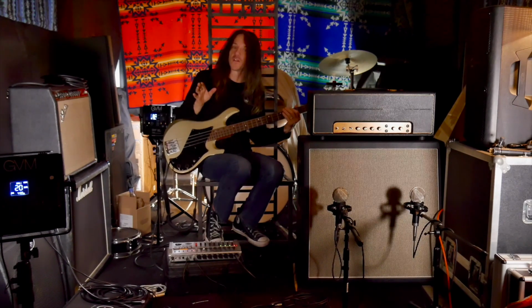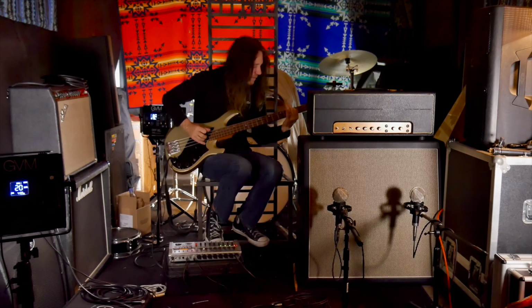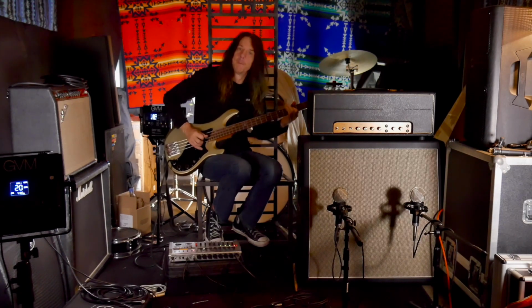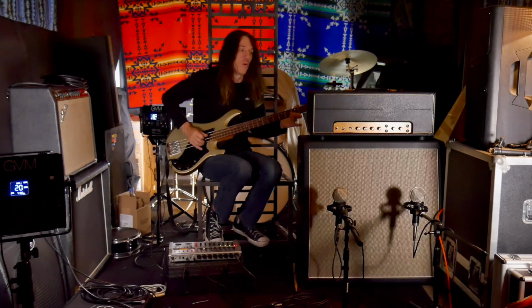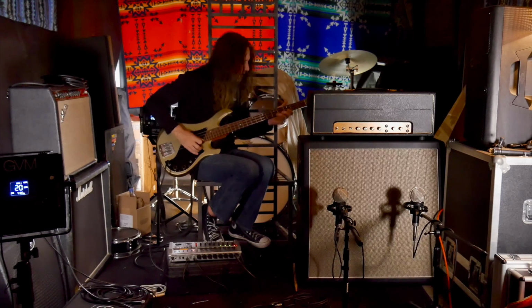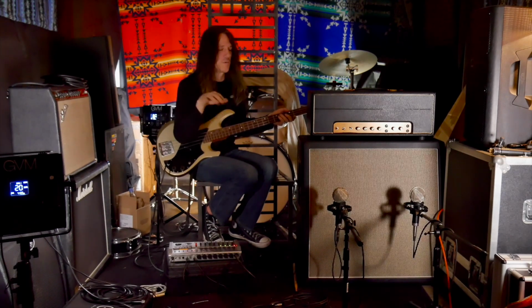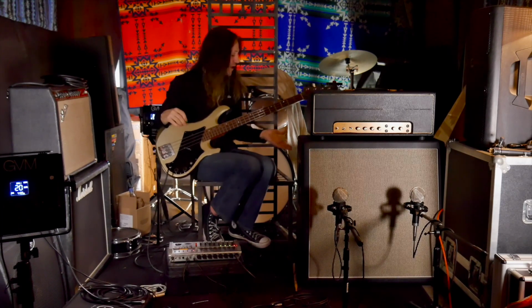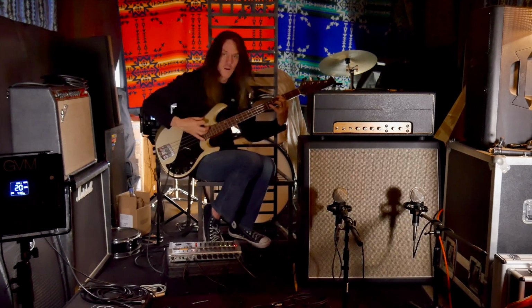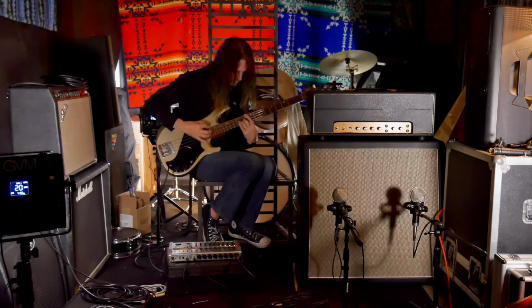And this is where we start the little walk that I learned from the video. So right here in the main part of the song it goes. I didn't do the chicka chick because the guitar does that a lot and I didn't want to cause a bunch of interference. So then I go to the octave chord just like I played it on the guitar. This is the riff, and then